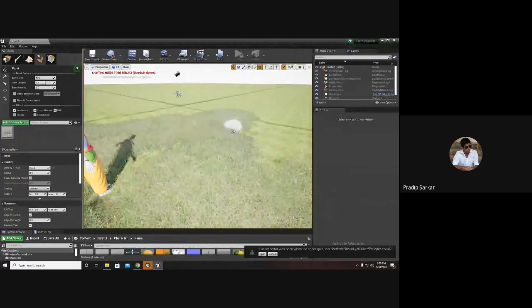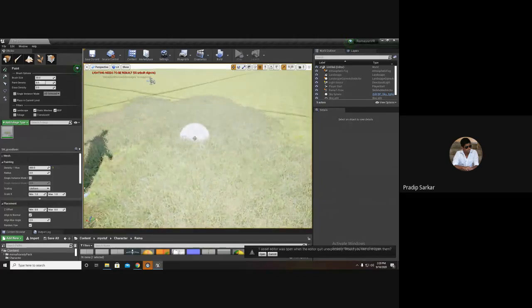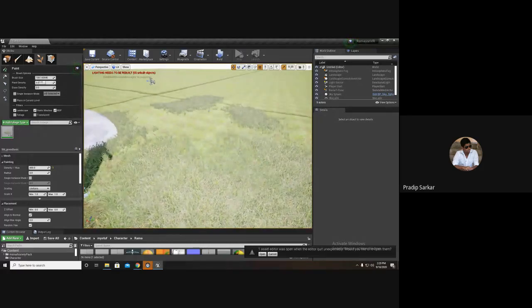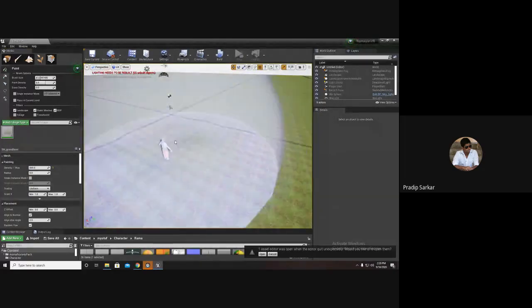See, by left clicking, I am painting it. If I want to remove this grass, then shift with left click, it will remove the grasses. I can increase the brush size and I can remove all the things at once.